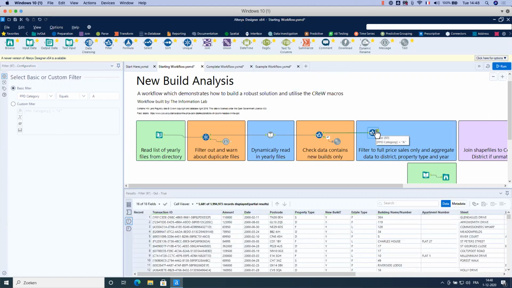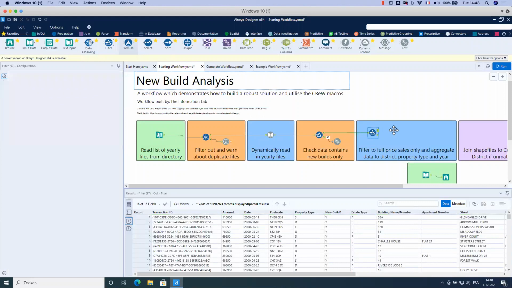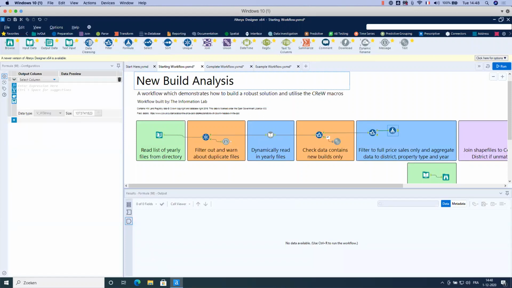And then, I need to, because I want to look by year, and I have a date field. So it's a date, and I would like a new column with the year. So I will just make a new column to take only the year part of the date field. So I will use a formula tool. I will also copy paste the formula in the chat.